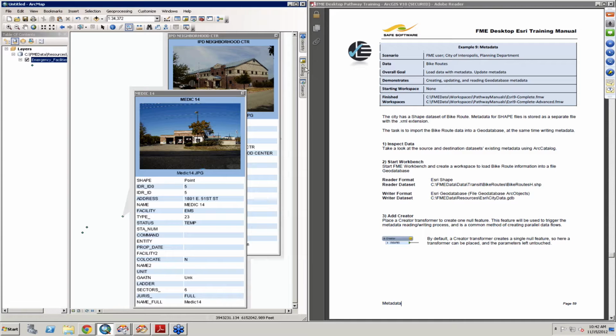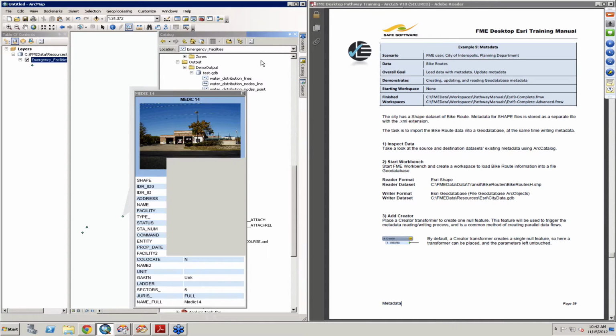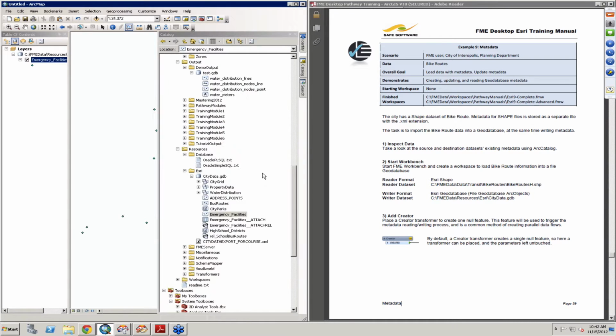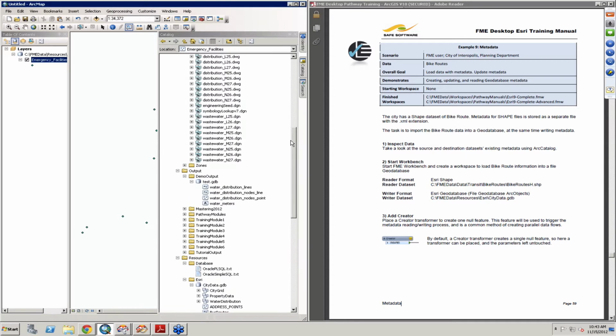So first of all, let's go into our catalog and take a look at the destination dataset's existing metadata. Okay, so we're going to be writing this into the city data. Looks like we don't really have much here, but bus routes. Nothing there currently. Let's see if we can see the metadata itself